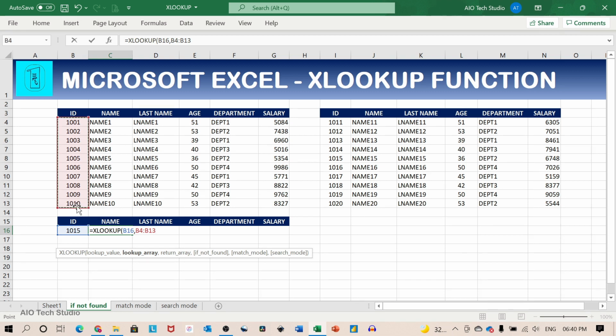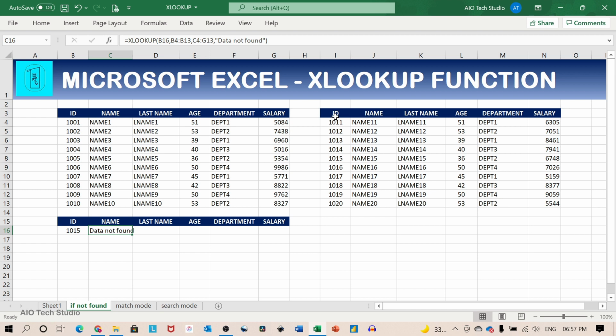This is our lookup array. And this is our return array. Let's specify the fourth argument and close the bracket. The function has returned the value from the fourth argument since it has not found any corresponding item pertaining to the lookup value.